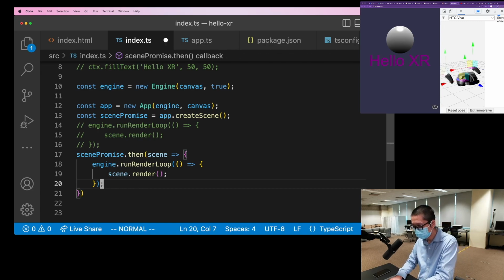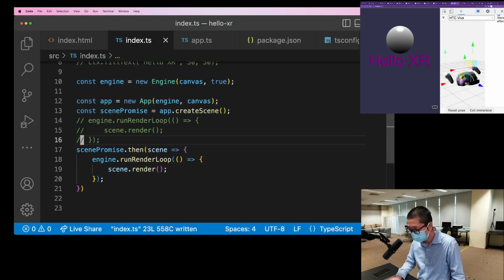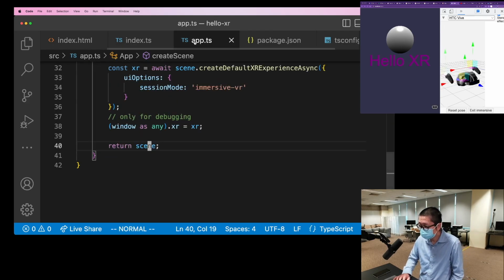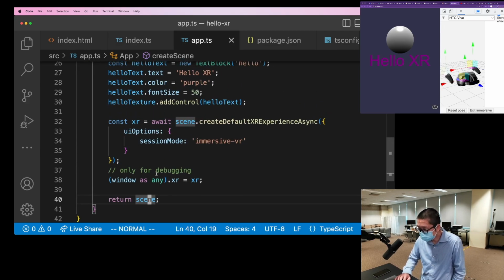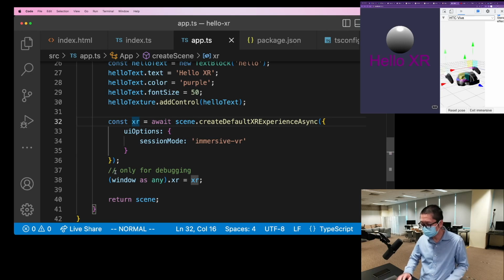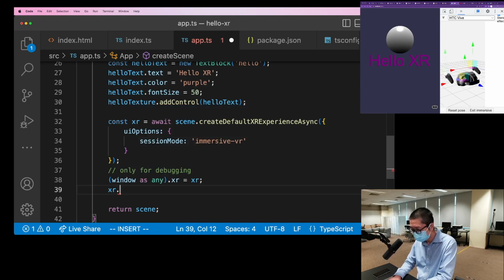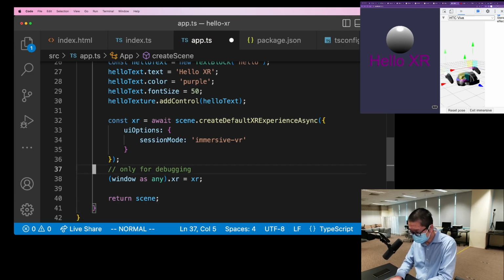But can we have one short summary of why, when we introduce the XR experience, we suddenly need to convert everything to become asynchronous? Yeah, because sometimes in your code you need to do some configuration using this XR object. That's the default one, but sometimes you need to enable some features in the code. And also, another thing I want to show is for debugging purposes,